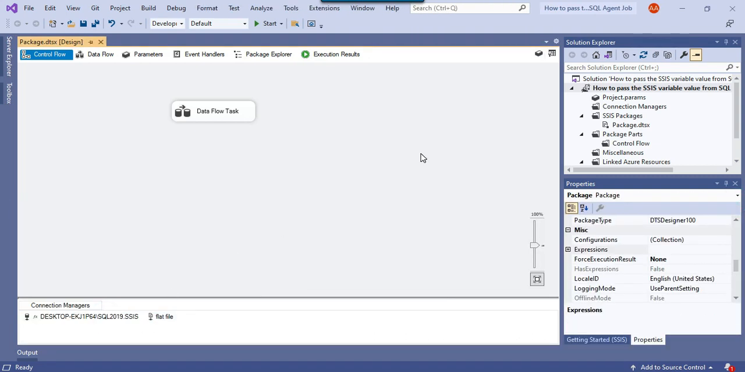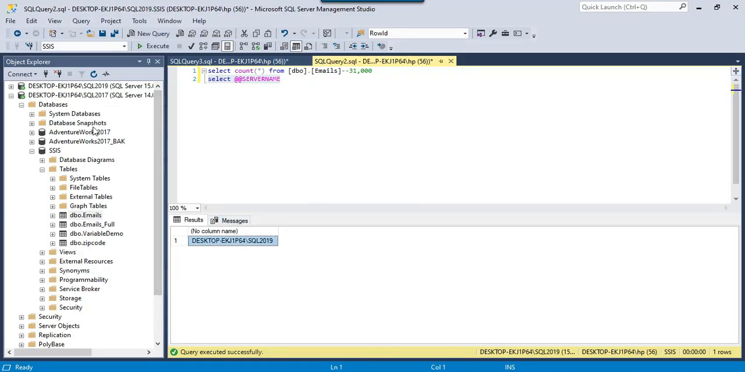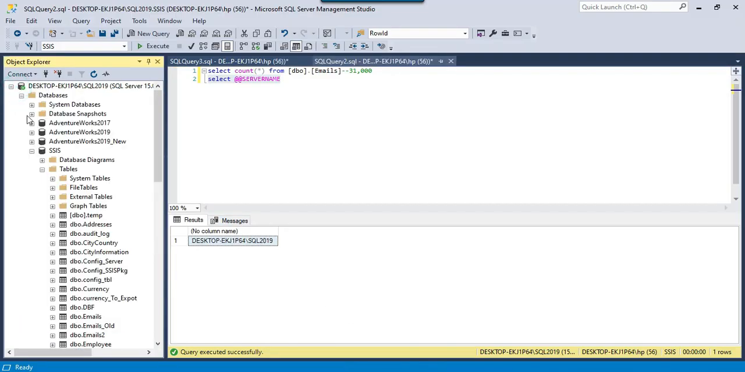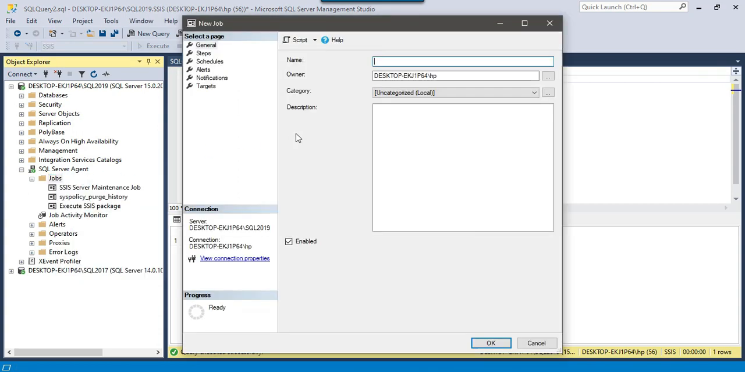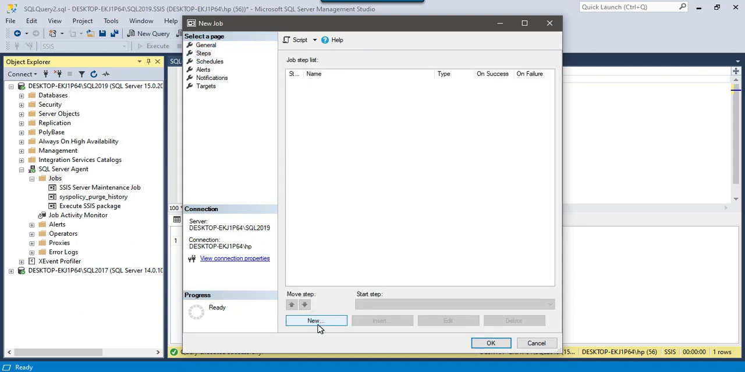Now we can work on creating a SQL job and then execute the SSIS package from the SQL job, and then we can pass the parameter from the SQL job. So let me go back to the SQL Server 2019 instance and create a new SQL job. I will call the job export emails data, and in the steps I need to click on new step,